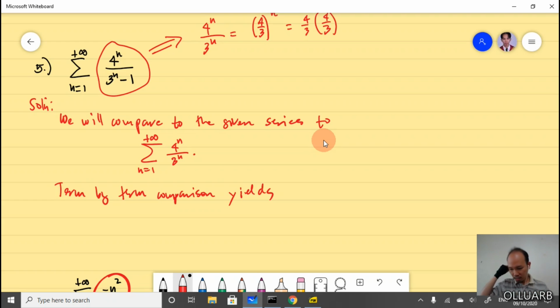Sorry, I forgot to put my eyeglasses. Okay, we know term by term comparison yields